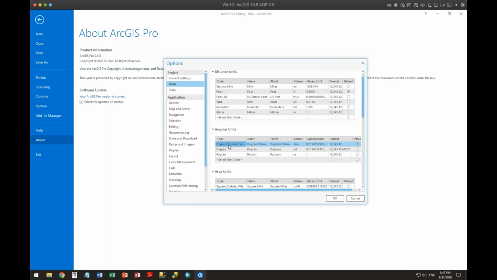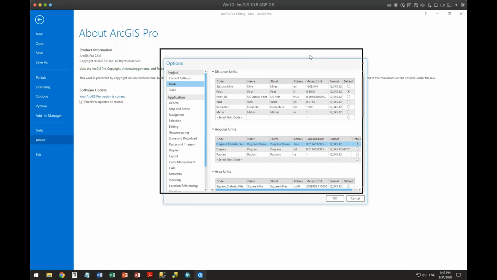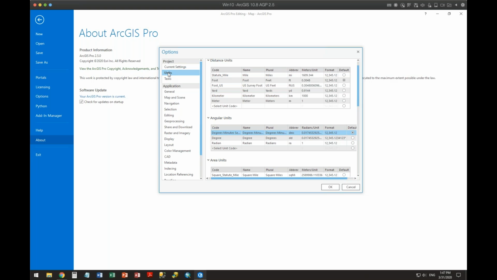But it's only storing one value on there. And these units, again, Nancy, you're correct, they're stored with this project. Okay? So there's the units. That's the first thing I always tell you. When you're starting up ArcGIS Pro, you can make your connection, you can load data in, but make sure you set your units before you do anything else.